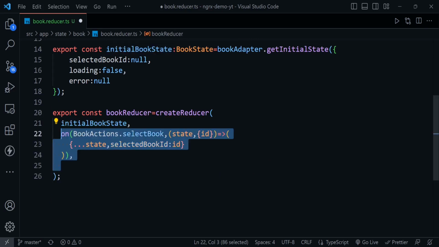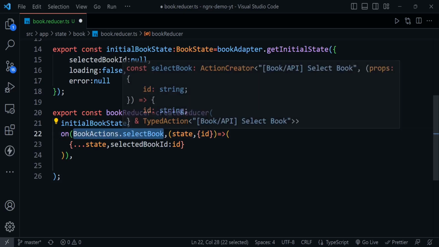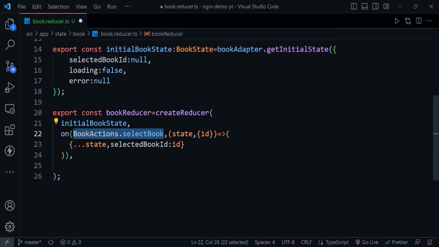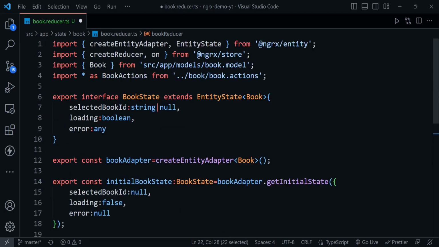Next thing we are going to need is the on method, and here we are going to pass the action name which we have created in the earlier file, and we have imported this BookActions from our book.actions file. So we have imported all the actions and created an alias for it